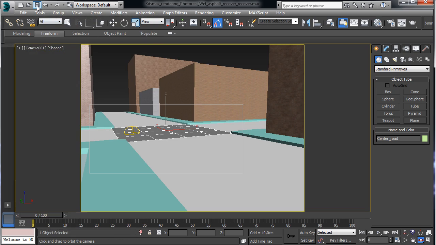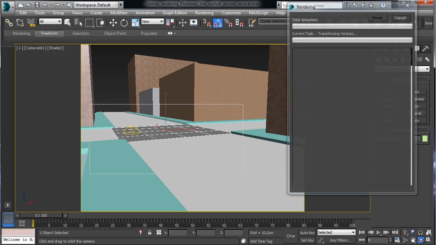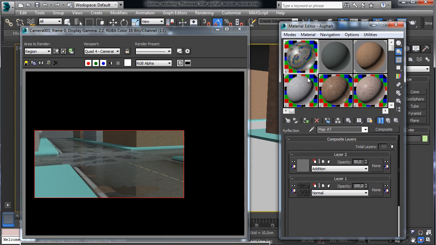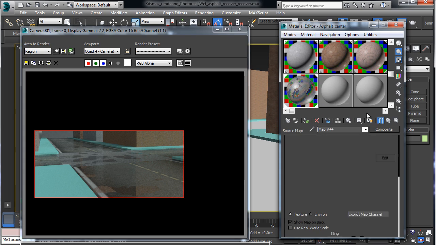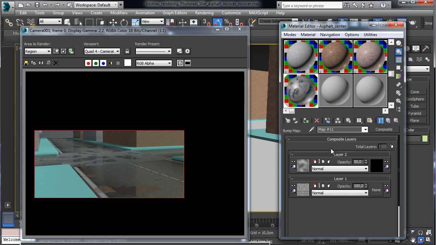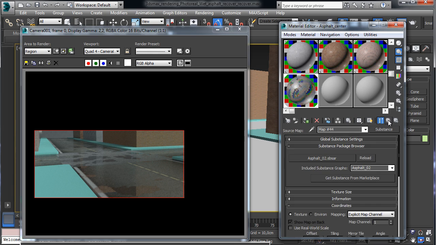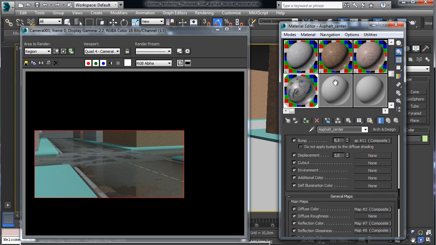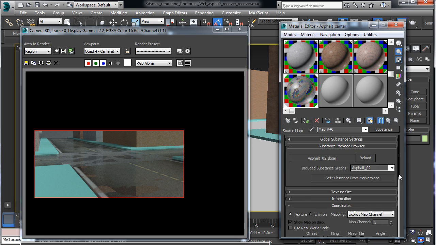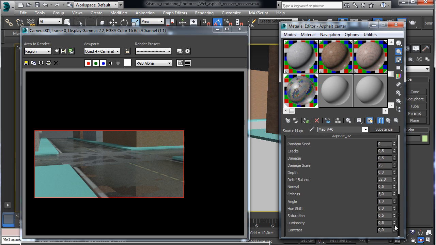Okay, back in the camera and save, and we can render. Okay, so first of all, you see that this one is more clear. So if you like to have a darker asphalt for the side, obviously we are using two different maps, but you can make it manually. You can go there in the composite, and that's the bump. Let's go in the diffuse, and we say to this one to be darker. Let's say maybe